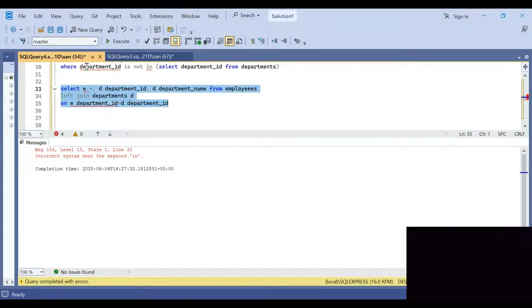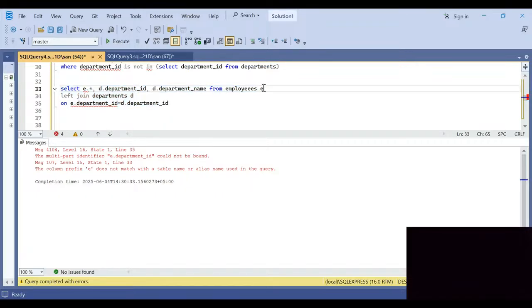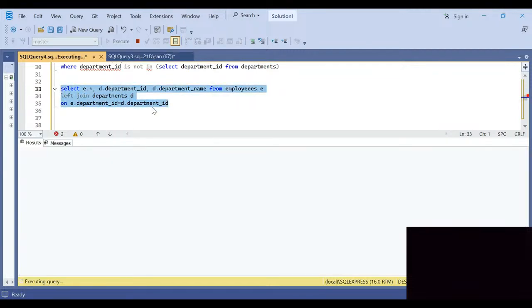So if we run this one, yeah, we have to give alias to this table, and then we run this,